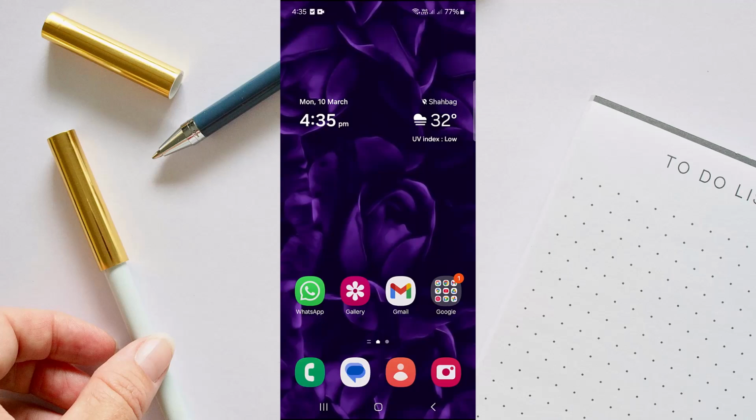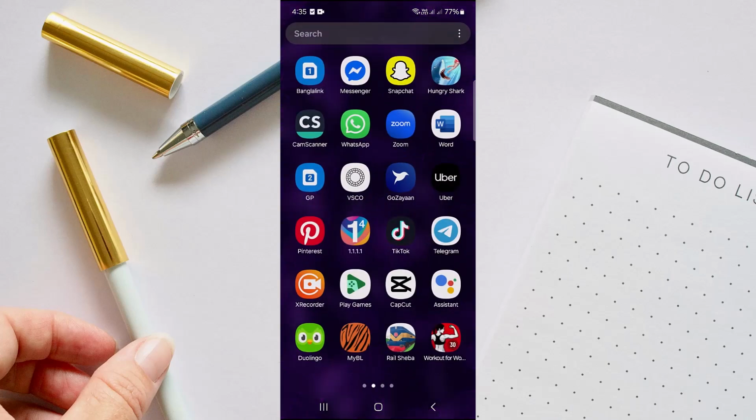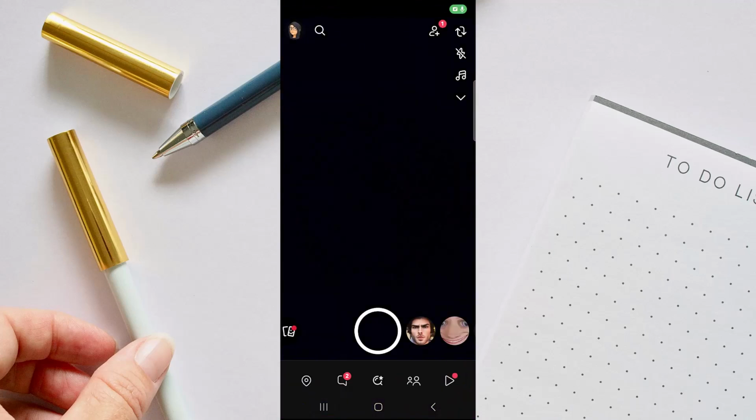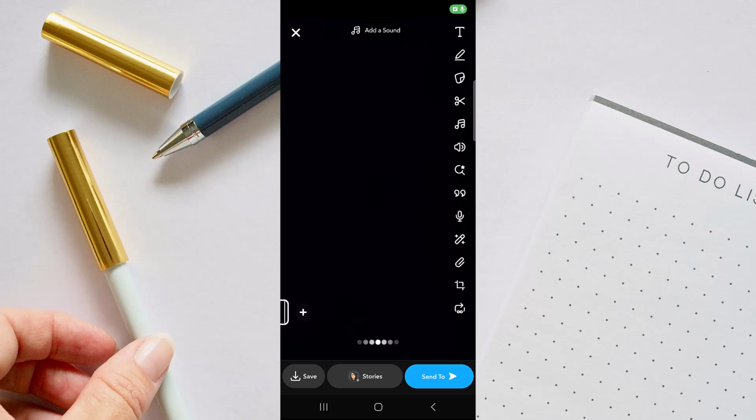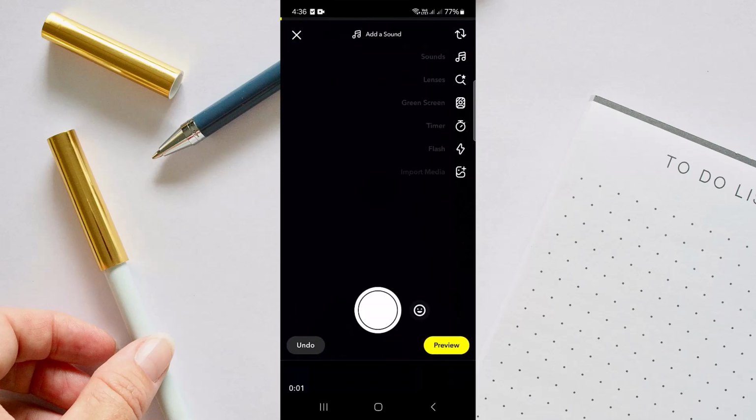In today's video, you are going to see how to make Snapchat stickers from camera roll. So to do that, let's head over to your Snapchat application first. So once you're there, and then just tap on this plus icon. And now go to this,